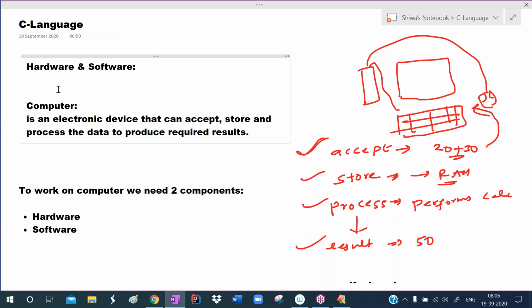I will explain what the features of C language are. Before C language, which languages were there? What was the purpose of those languages, then why did C language come, why did they introduce it, what is the specialty of C language? C language was introduced in the 1970s, now we are in the 2020s, and now also we are learning C language. What is the significance of it, why do we have to learn C language?